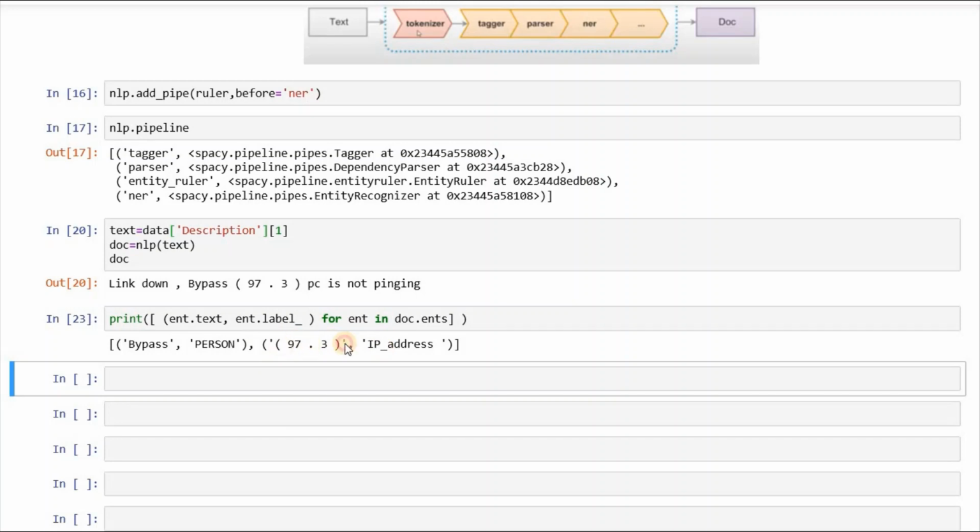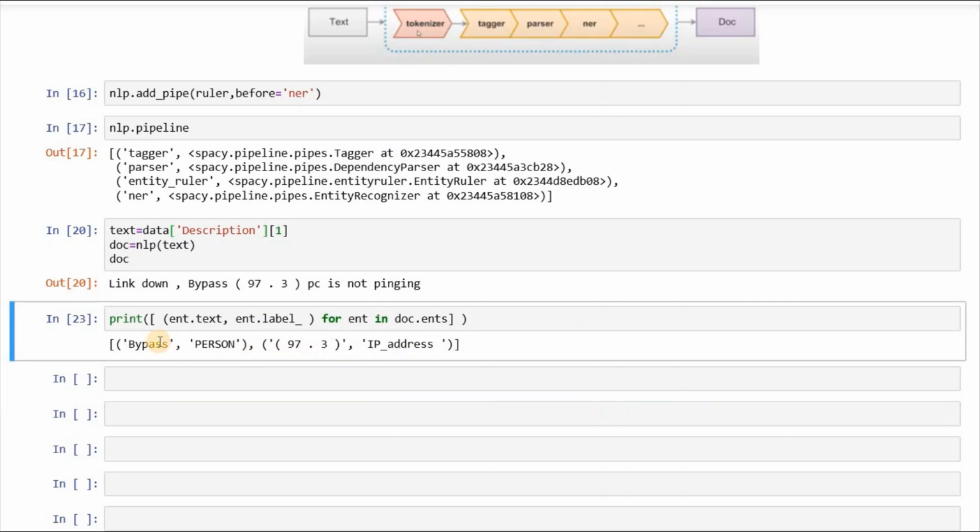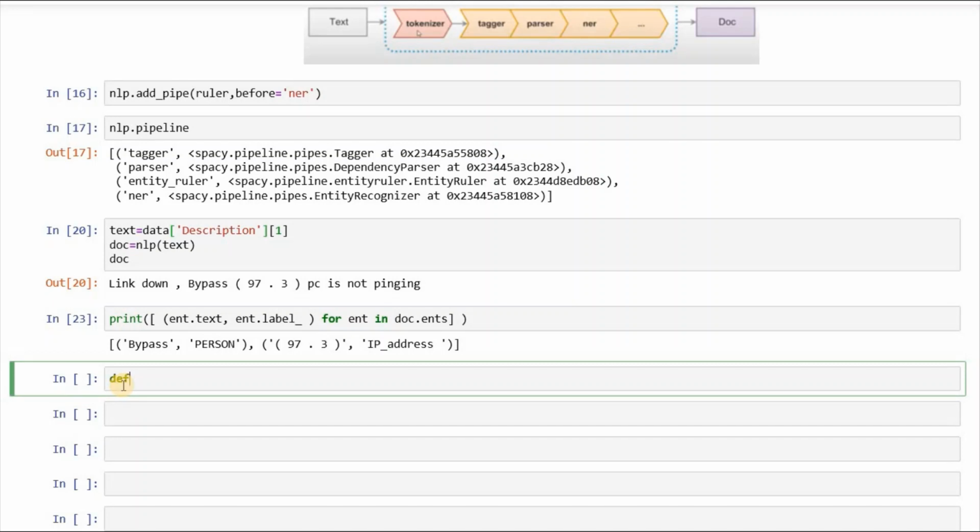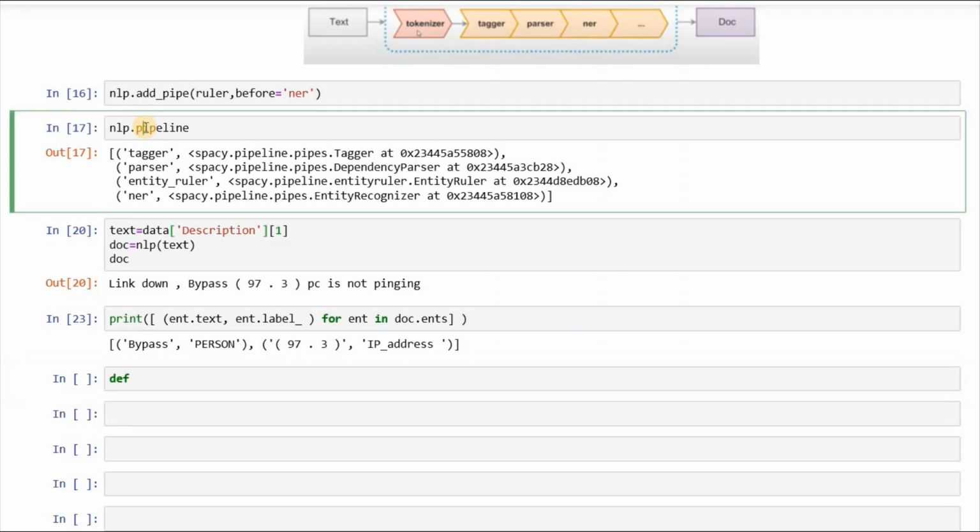See, this is identified as an IP address. Bypass is not a person, but it is identifying it as a person, but this one is correctly identified. So now we would write a custom defined function by which we would implement this ruler, this pipeline, on all the elements of our description column.